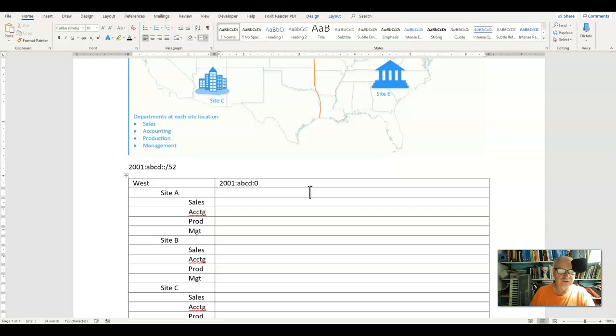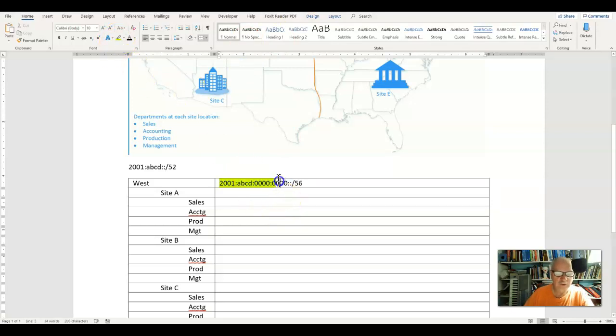So that's 32 bits. So let's see if we can move this out a little bit farther. 32, 36, 40, 44, 48, 52. That's 52. All right, so let's go ahead and finish this hextet. And rather than a 52, I'm going to subnet out to 56. So here, this was 48, 52. I was at 52 up to this point right here. That was my 52 portion.